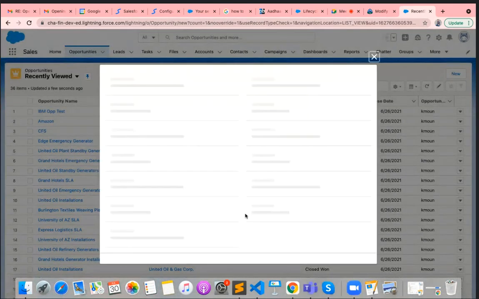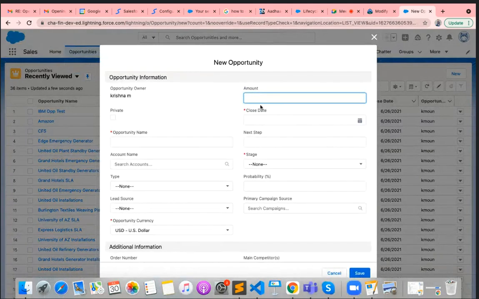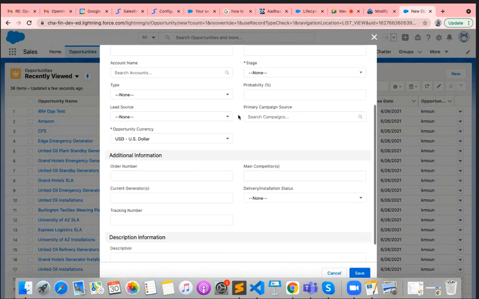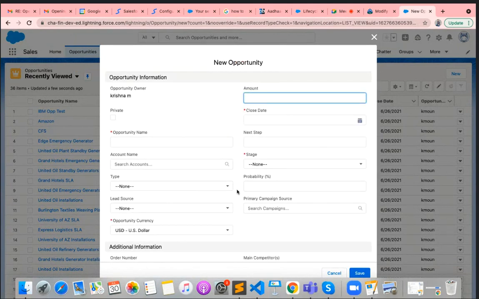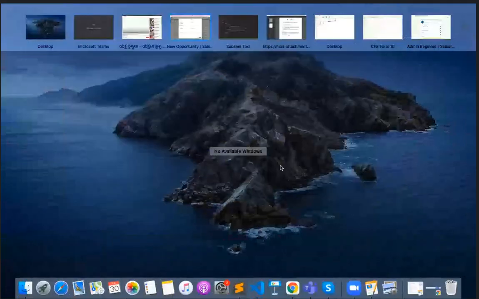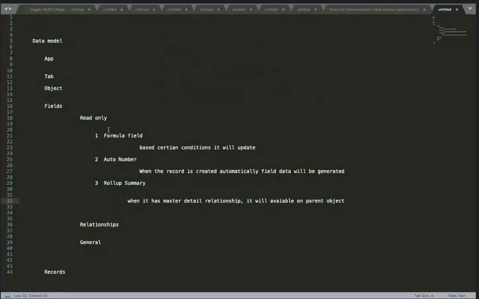In this form you can only enter data; you can't see any read only fields here. Whatever data you are able to enter, those are the things you can see. It means editable fields you can see here, whereas read only fields you can't see here. So what are the data types for read only? Formula, auto number, and roll up summary.